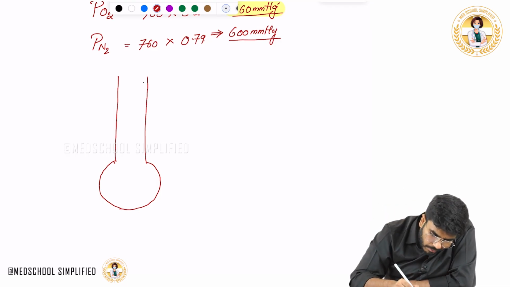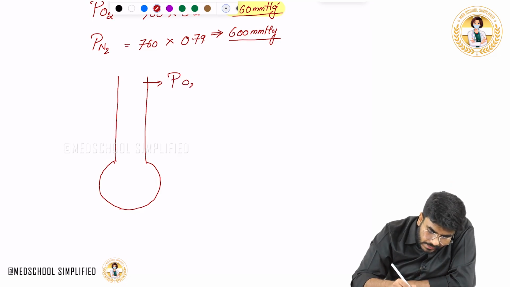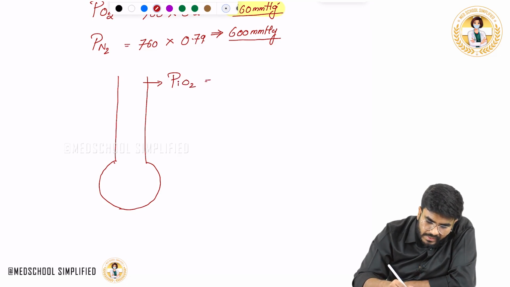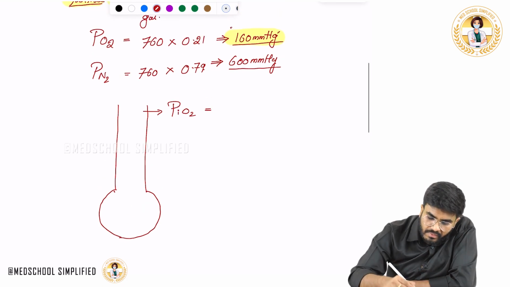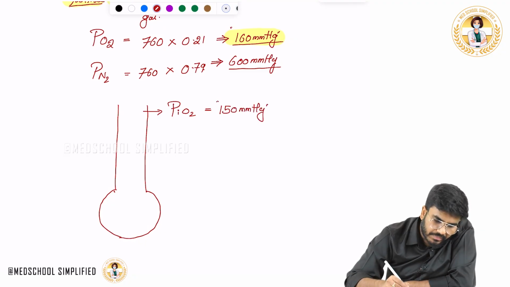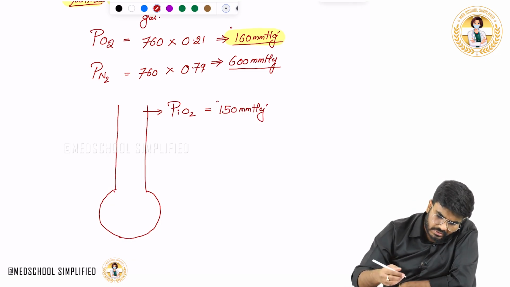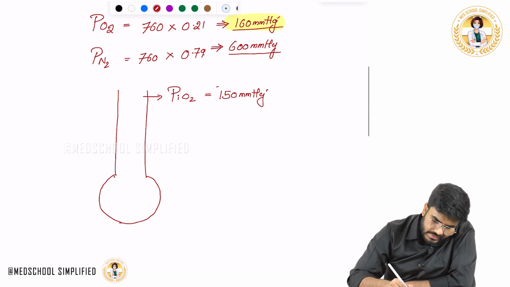So what happened to the partial pressure of oxygen in inspired air? It becomes 150 mmHg from 160. If you want to know the formula, there is also a formula. The partial pressure of oxygen or any gas is calculated by